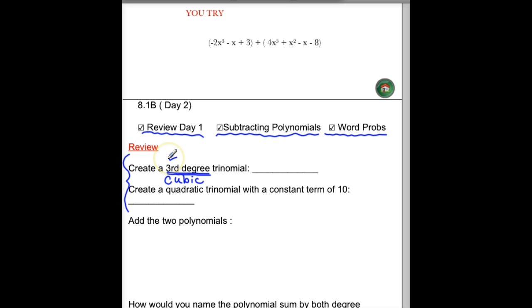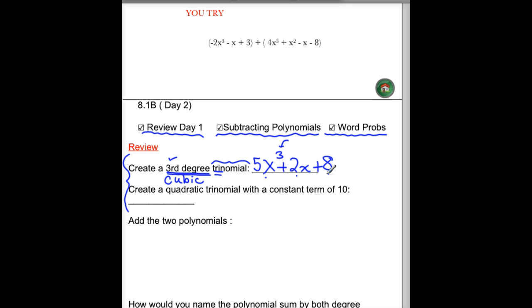This tells me the highest power I can have on my variable. This tells me how many terms. So my highest power is 3, and I have to have 3 terms. Beyond that, there's actually an infinite amount of right answers. So let's make our highest power 3. You can throw any number in the world you'd like in front of that, or nothing at all, and then we assume it's a 1. I can have 3 terms, but I have to make sure that they have a degree that's less than 3. So let's maybe say plus 2x, and then let's throw maybe a constant term of 8 on. So that's one of an infinite amount, but everybody better have 3 terms, and everybody better have a highest power